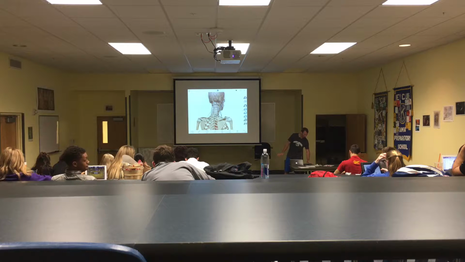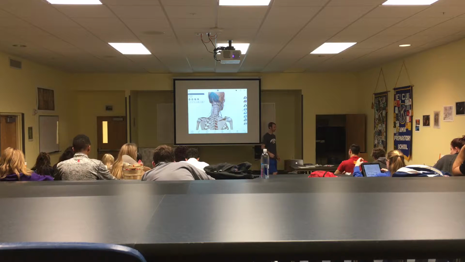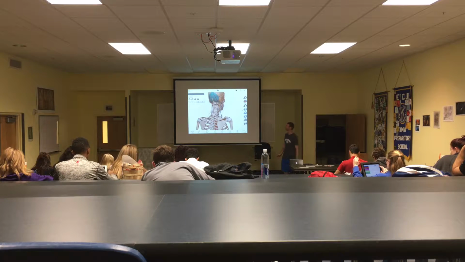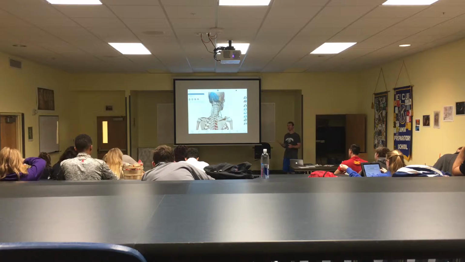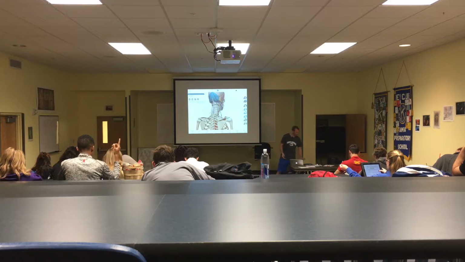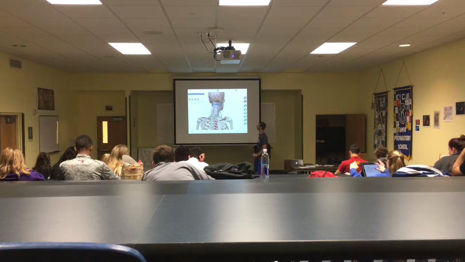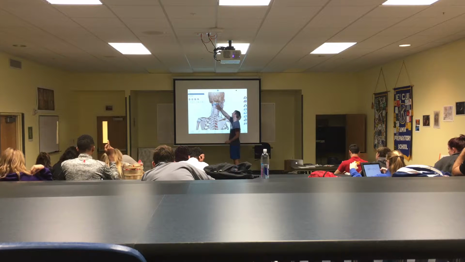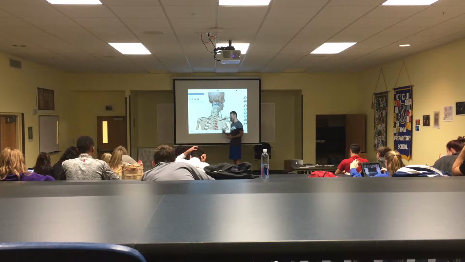So top of the head, what we need to know is this is the occiput or occipital. It can be called either. And then our neck flexion and extension, 50% of our motion, are through that joint and the first, C1, which is also called the atlas. So if we flex our neck or extend our neck, 50% of that range of motion comes from this segment, and the remaining 50% comes from the rest of the neck. So flexion and extension, 50% comes from there, and the other 50% comes from the rest of the cervical,